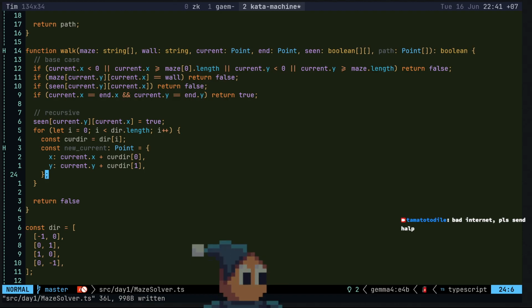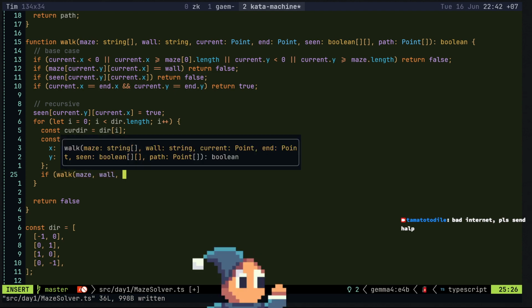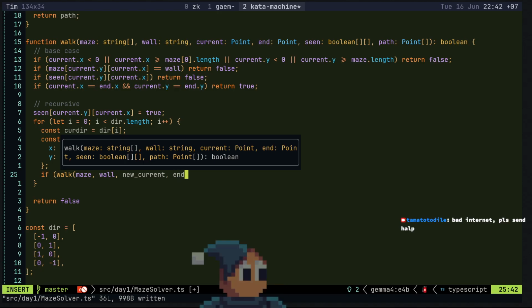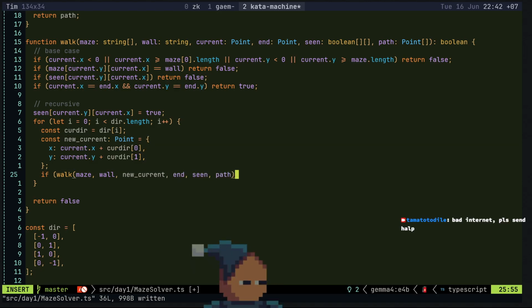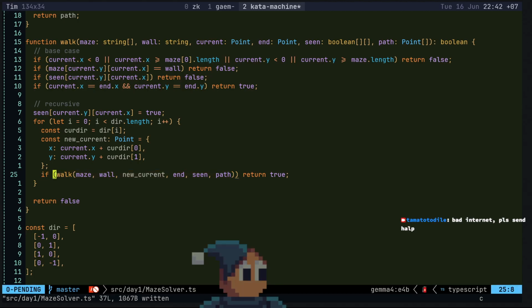Oh, right. Yeah, I forgot about that. I thought this was Lua. And now we walk it. Maze, wall, new current. Give it the end, give it the scene, give it the path. True. So if we walk and we find the end in the recursive case, return true.